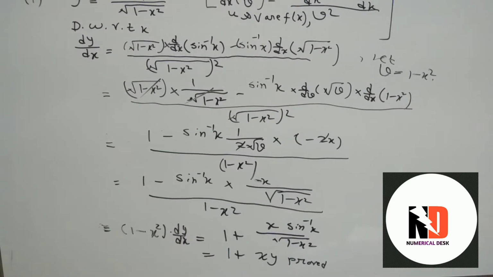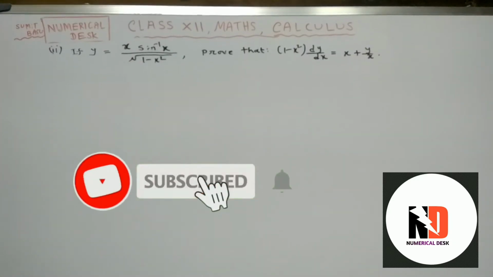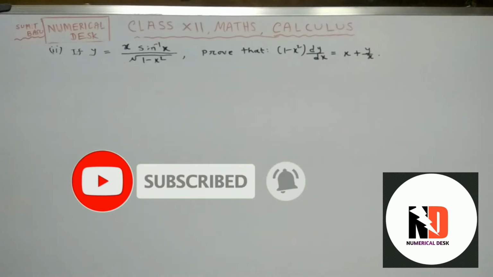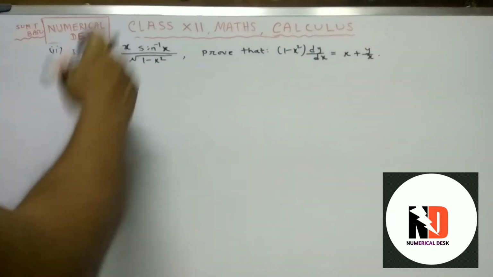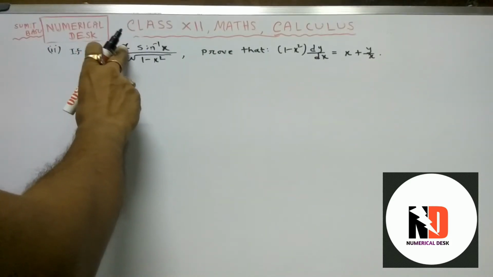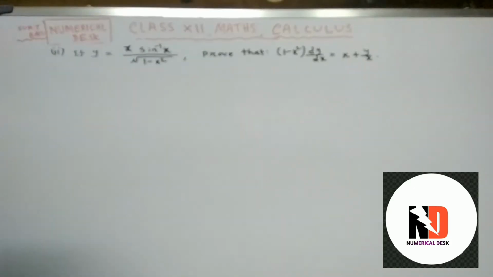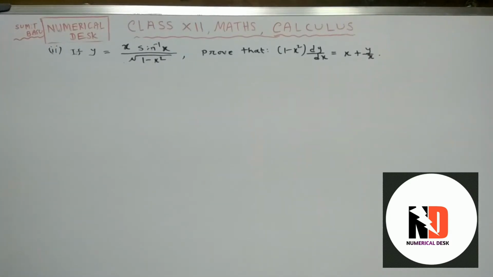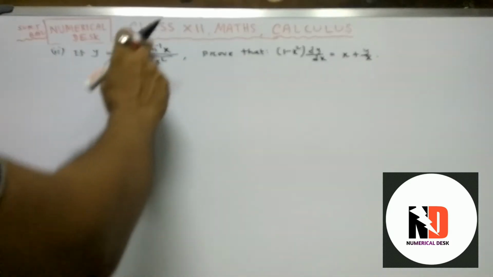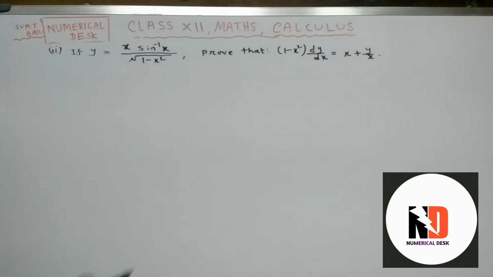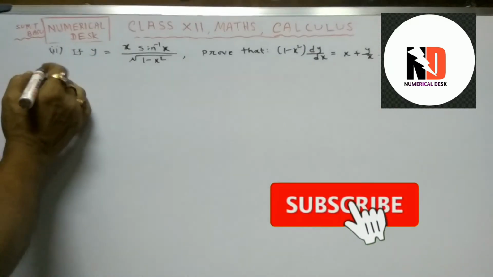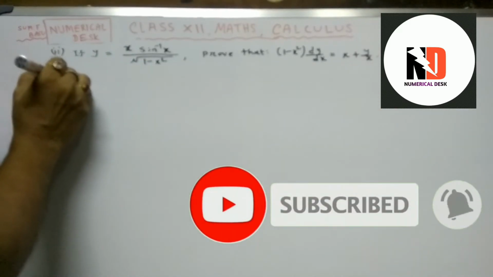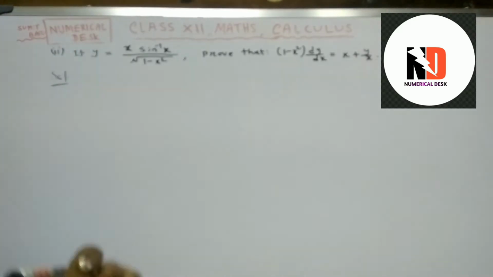So now I think you have understood this. Now come to the second sum. The difference from the previous one is x into, and so the sum becomes a little more complicated, or you may say that great manipulations and arrangements of the terms are required here. The sum is not difficult, but that is why it has been given as a proof. What do we have to prove? So look at it very carefully.